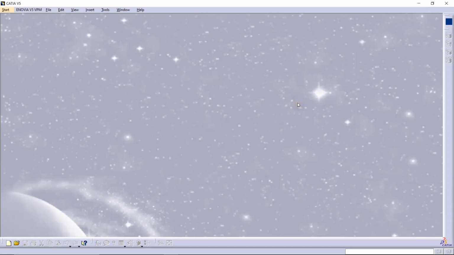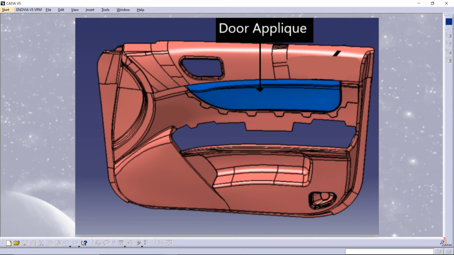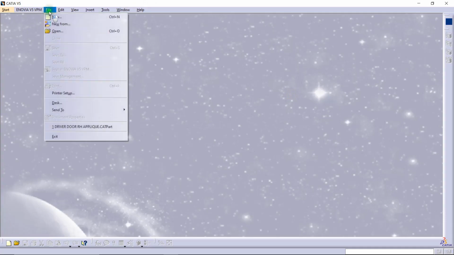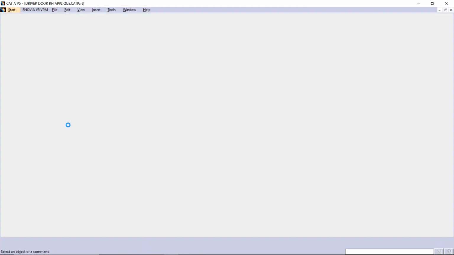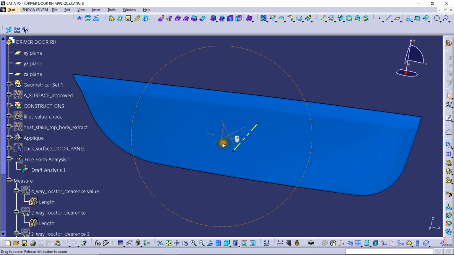Today I will be explaining the design process for a door uplick, which is usually mounted on the door panel of the car. So I will be explaining the process in this episode. I will be opening it in CATIA V5. I designed this part in the CATIA V5 software. Actually, you can use any software such as NX CAD, CATIA or even SolidWorks for learning. So here is the model.